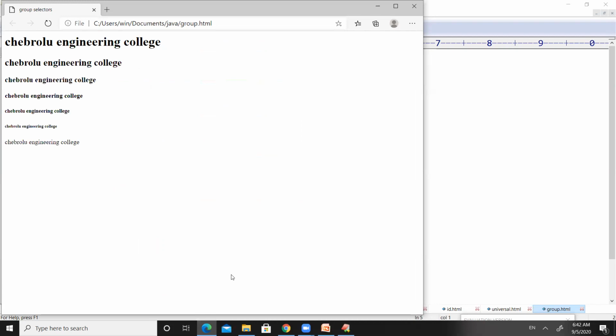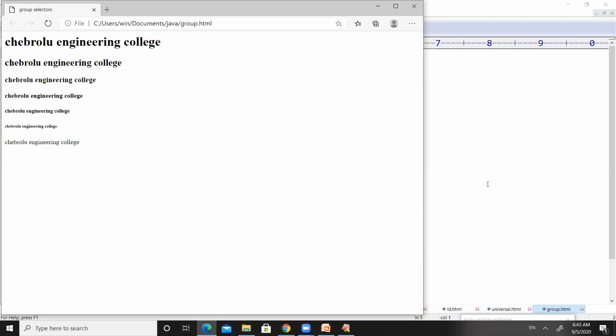The first line is defined with H1. The second line is defined with H2. Third line is with H3, H4, H5, H6, and the last line is defined with the paragraph tag. So there is a lot of change in each and every line. The first line was with a larger font size. The next line was a little bit smaller font size than the first one. And the sixth one was the least font size. And the next thing was a paragraph. So all the heading tags are slightly bolded, but the paragraph tag is light. It is not bolded.